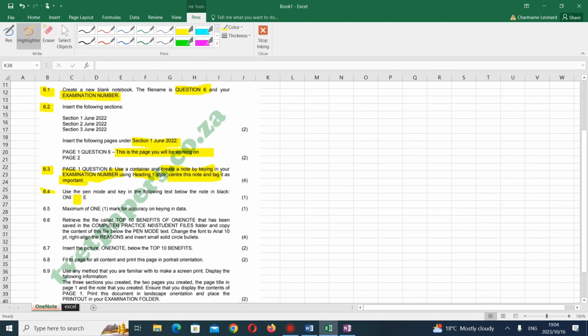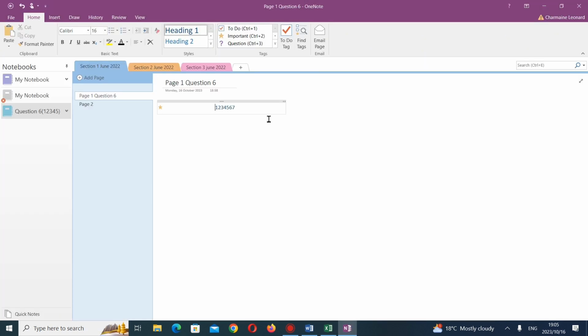So 6.4, they say use the pen mode and key in the following text below the note in black. So we need to key in what? We need to key in this text. So how do we do that? They said below this. So we just come below, and then